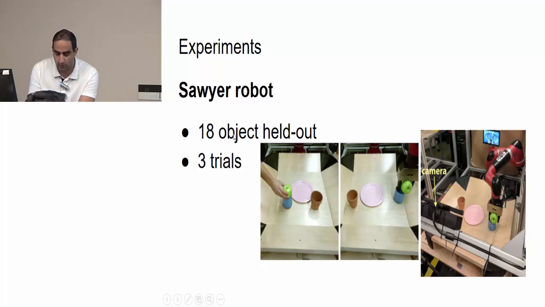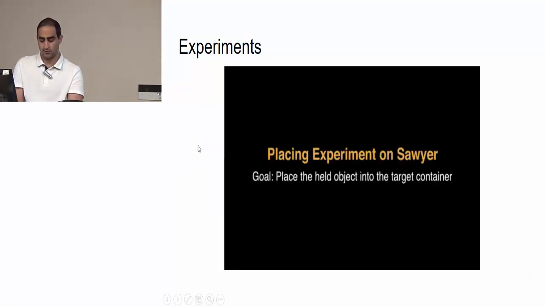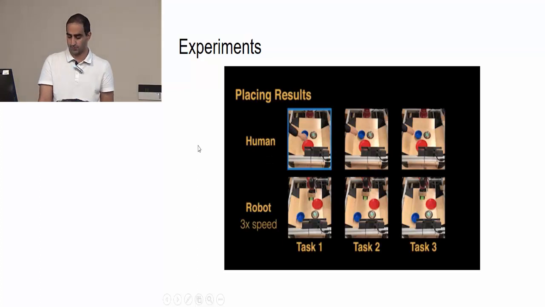And another experiment is on Sawyer robot. They wanted to see if their method works well on different robotic arms. So Sawyer is just a robotic arm, and they put the camera here, and again collected train and test robot demonstration and human demonstrations. And this time for their success rate, they used 3 trials. So the robot tries 3 times. If one of them were successful, they report it as a success. So this is the experiment on this Sawyer robot.